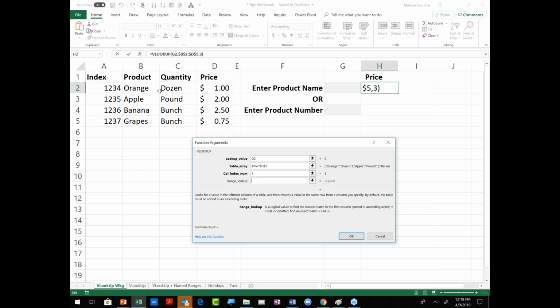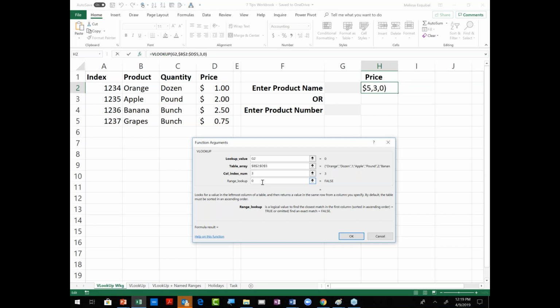Well, that might apply to these product numbers over here. So if I typed in 1233 in the product name, if I don't put anything down here in range lookup, it's going to return $1 because 1234 is as close as it can get. Now, if I put in 1299, it'll give me 75 cents because 1237 is as close as it can get. Most of the time, unless you're doing commission structure or shipping tables, you're going to want to type a 0